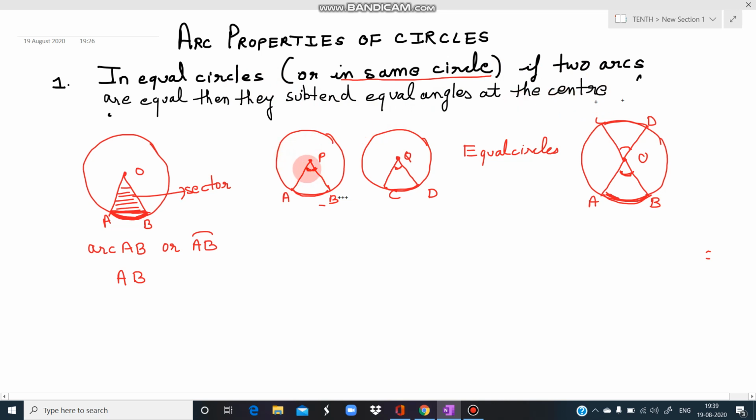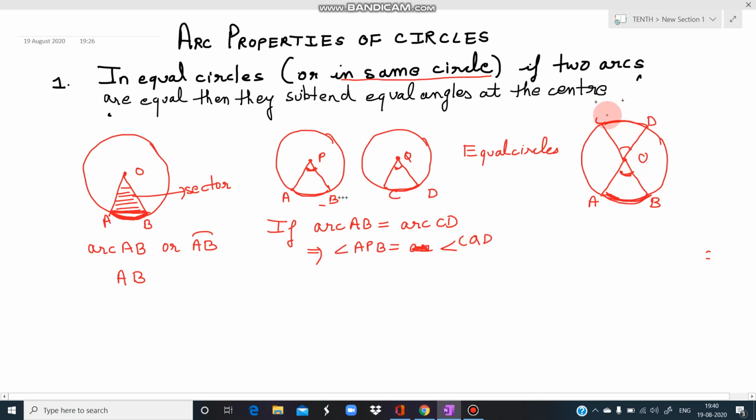तो पहले हमने किया था कि अगर एंगल सेम है एट द सेंटर तो आर्क्स इक्वल होते हैं। अब उसका कन्वर्स आ गया, अगर आर्क्स इक्वल हैं देन दे सबटेंड इक्वल एंगल्स एट द सेंटर। सो बोथ द वेज वी विल बी डूइंग। So what is here, suppose if I take two equal circles, if arc AB is equal to arc CD, अगर ये दो arcs equal हैं, that means the angle that they make at the center, that is angle APB, it will be equal to the angle made by the arc CD at the center, angle CQD.